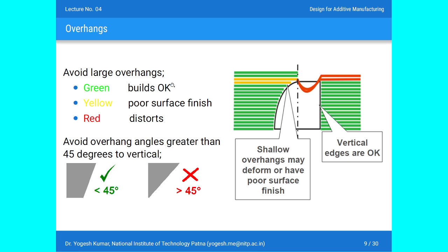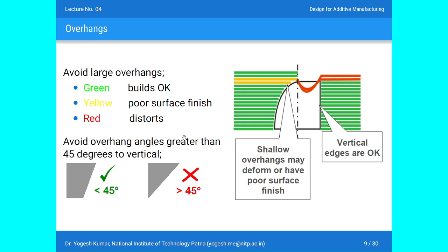Okay, so the green portion is showing that your overhanging angle is less than 45. This can be built properly. This is fine. But for the yellow portion, your overhanging angle is nearly equal to 45. So as soon as your angle is approaching 45, obviously your build surface will have poor surface finish, and when your overhanging portion is greater than 45, in that case you will find difficulty that